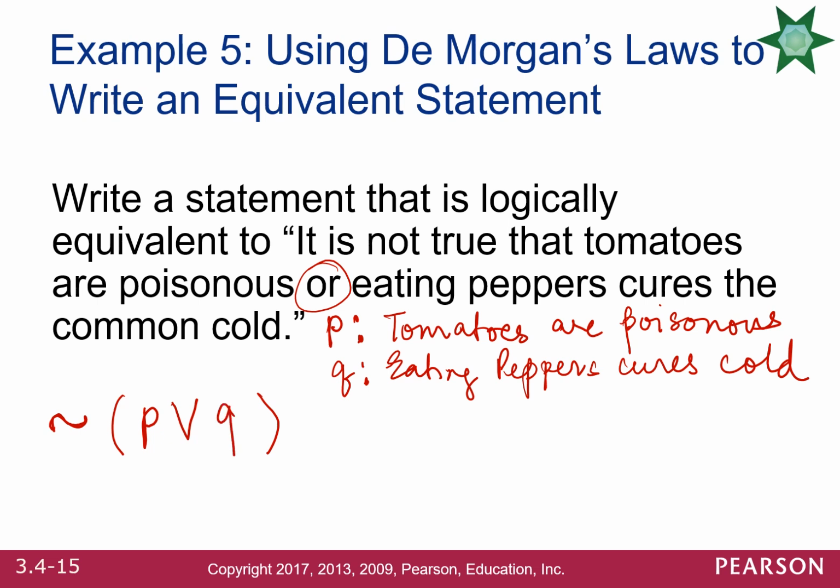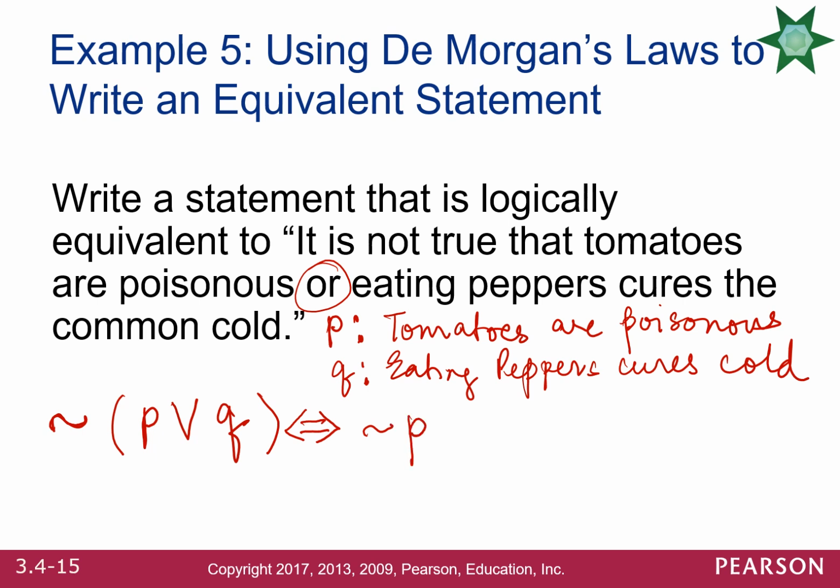So it's going to read as not (P or Q). Now, what would be an equivalent statement to this using De Morgan's law? In De Morgan's law, what we do is we take off the brackets, and we write it as, this is equivalent. So use the equivalent symbol here. The equivalent symbol, this would be equal to not P,